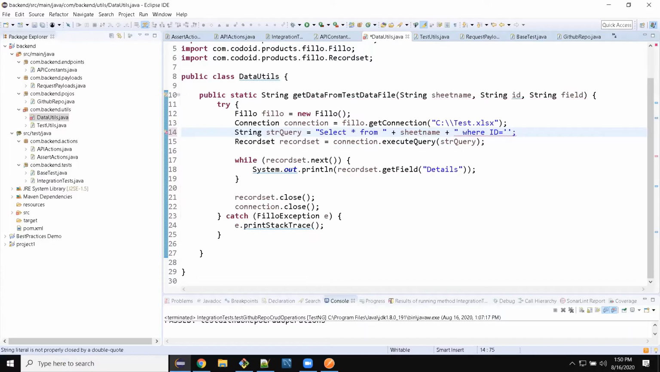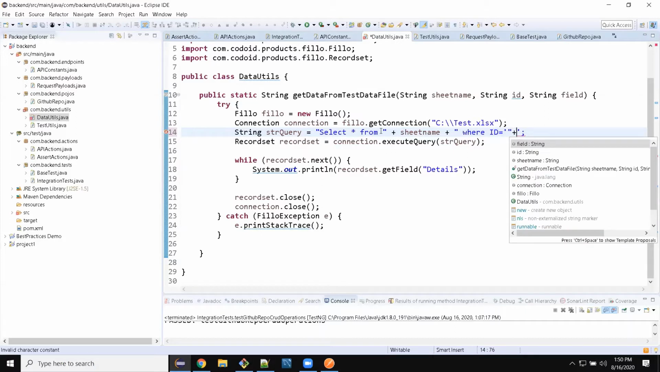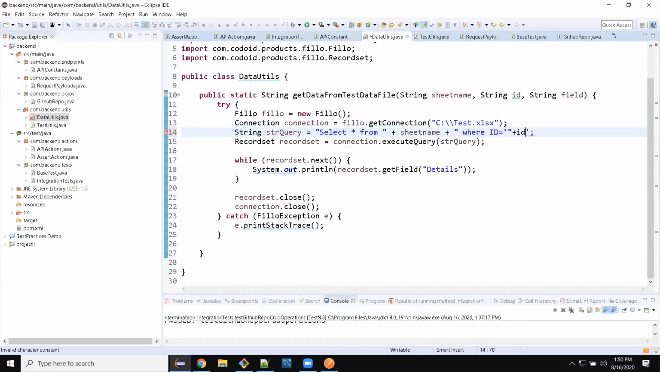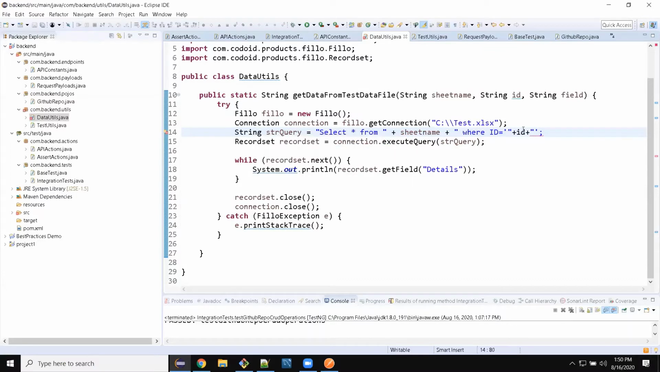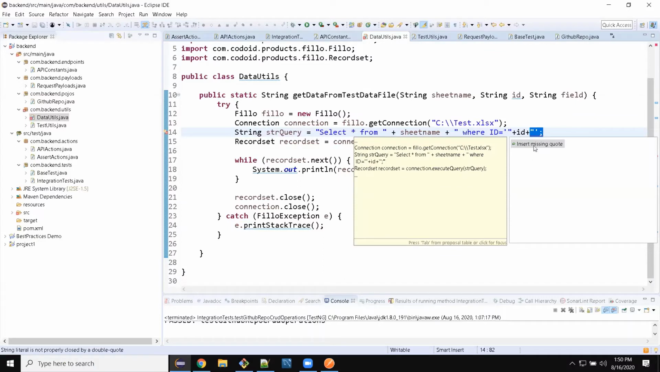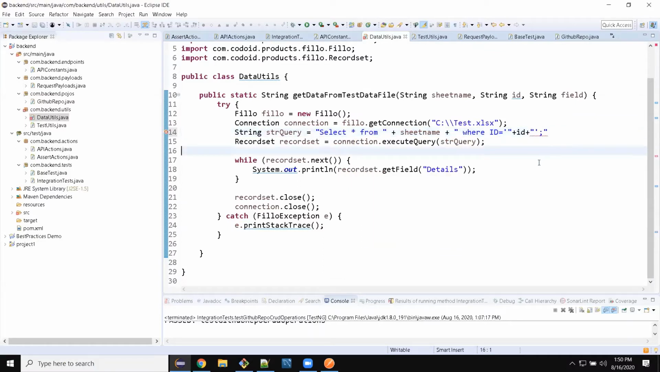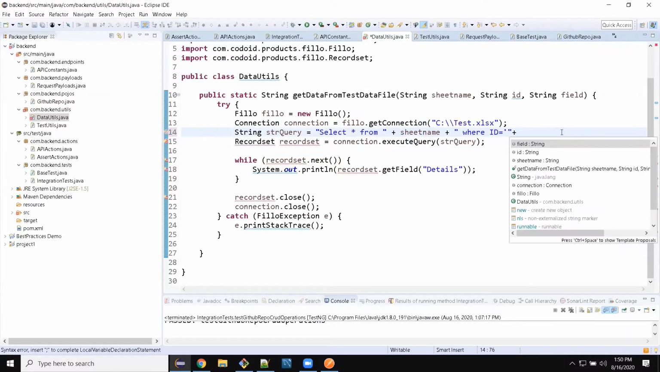So this works on SQL. When you write a SQL query, we write in single quotes and then provide the data, right? So for that, we will provide our ID. I think mostly done. Single quotes plus ID